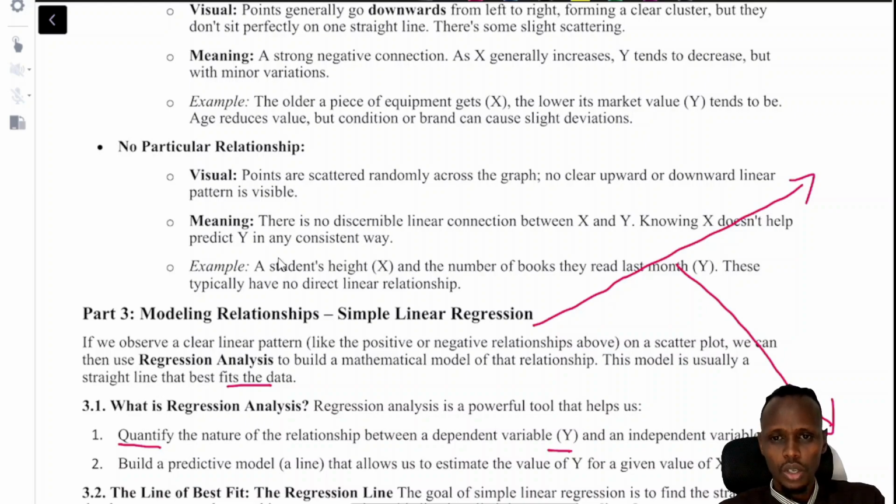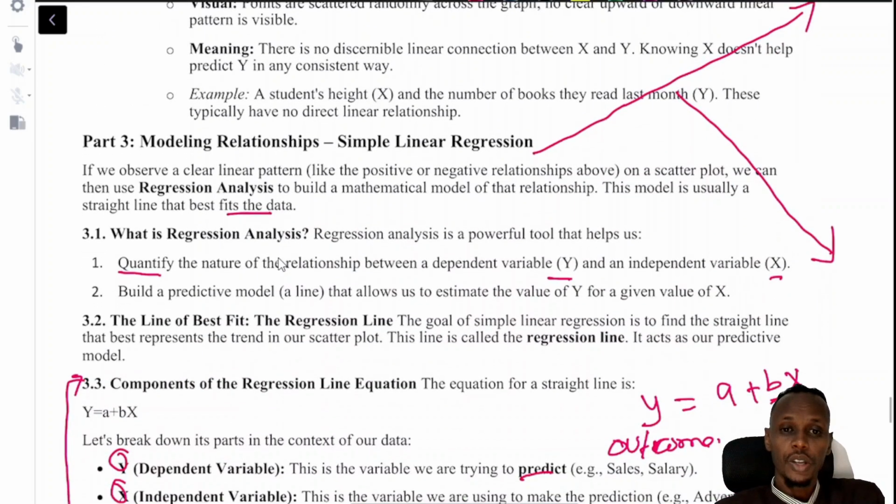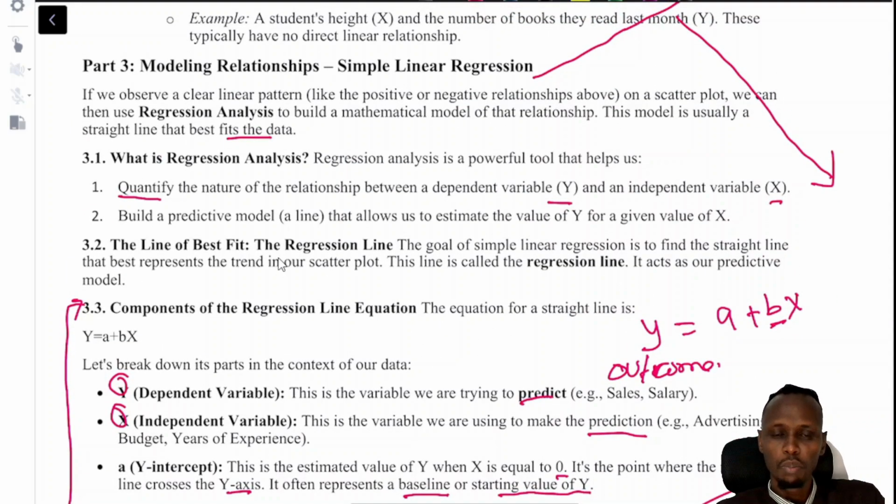Yes. So a good example is student height and the number of books someone reads. There's no perfect relationship. So modeling, we will handle something to do with modeling. When we talk about modeling relationships, we use an example, simple linear regression. If you observe a clear linear pattern, like the positive or negative relationships above on a scatter plot, we can